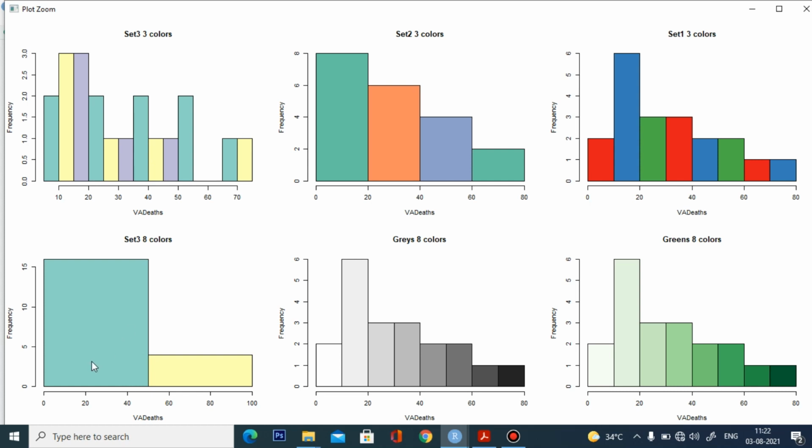So here we are having 2 breaks, but we are choosing 8 colors. Okay, but we are having only 2 breaks. So it will choose the most extreme 2 colors to represent the histogram. So this will show the 7 breaks. Okay, so this is the histogram. So this is the population frequency, and this is the age of the data.